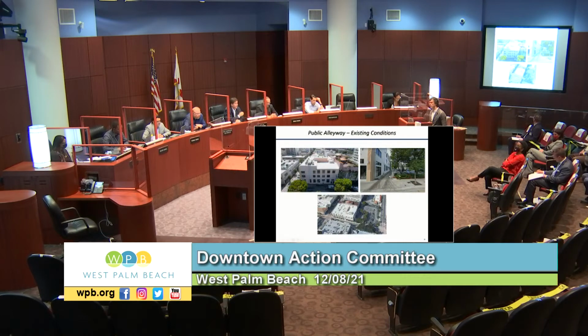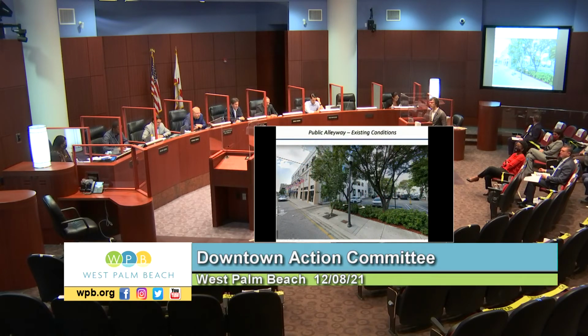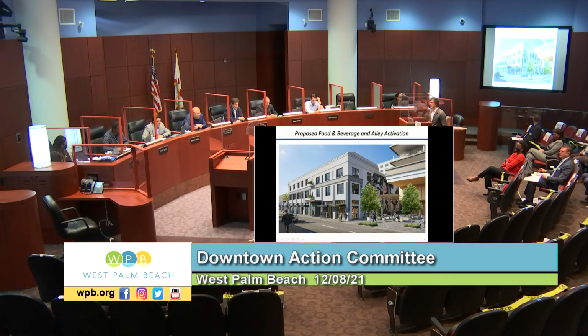Some existing photographs of the alleyway in its current condition, and how do we, as a team, search for inspiration in terms of activating what could be a repurposed alleyway that would carry that energy and activity across the streetscape. So from an image of today to having more of an inboard F&B outlet on one side, and then more of an extroverted outdoor dining experience, still within the protection of the parking structure above,